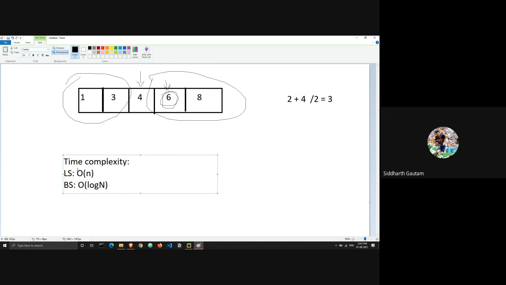Okay, so if you don't know what time complexity is, don't worry. It is not a concept to be studied yet. It's a concept of data structures and algorithms, which is an entire subject in and of itself. But if some of you know what time complexity is, great. Linear search works in order of n, binary search works in order of log n. If you don't know what time complexity is, don't worry about it. It's something for the future. You will be studying data structures at one point or the other.